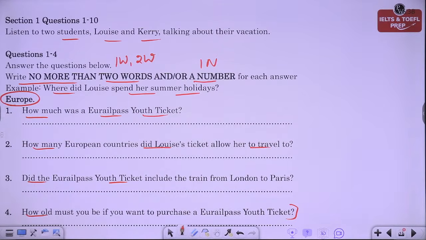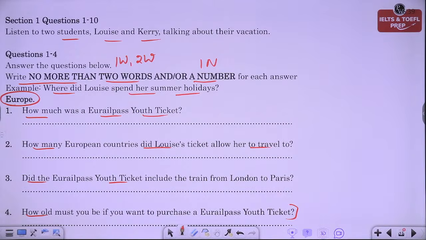Hi, Louise. How was your summer vacation? Oh, fantastic. I only got back from Europe yesterday. Wow, that sounds exciting. Yes, it was. How was your holiday? Pretty quiet compared with yours. I just stayed around Cambridge. Louise said that she had just got back from Europe yesterday, so the correct answer is Europe. Now we shall begin. You should answer the questions as you listen, because you will not hear the recording a second time. Now listen carefully and answer questions 1 to 4.